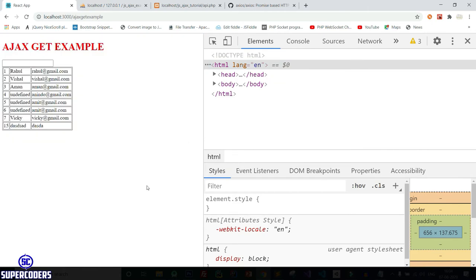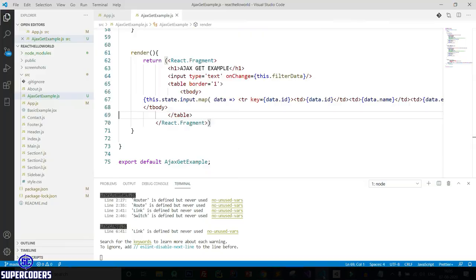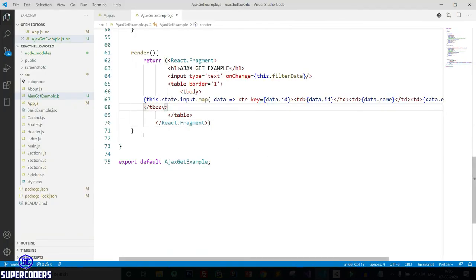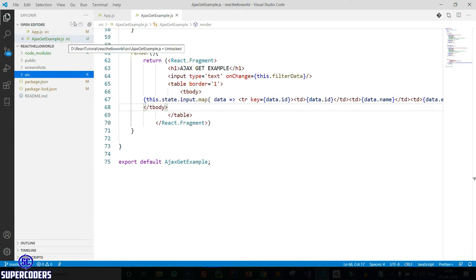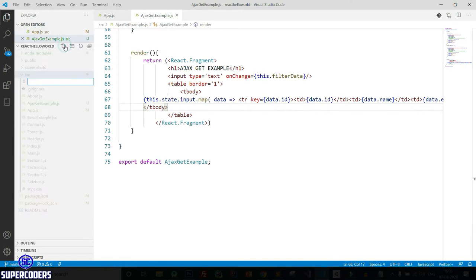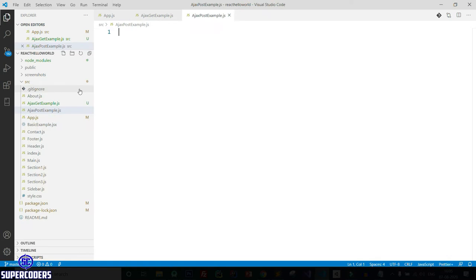Now let's see an Ajax POST example and how you can submit data to the database using POST. Again come here and close this. Now let's create a new file, giving the file name AjaxPostExample.js.